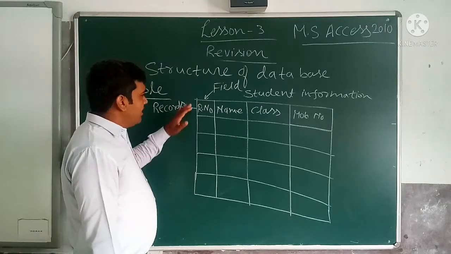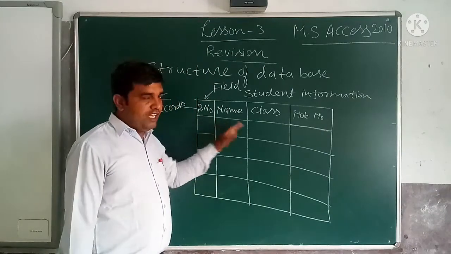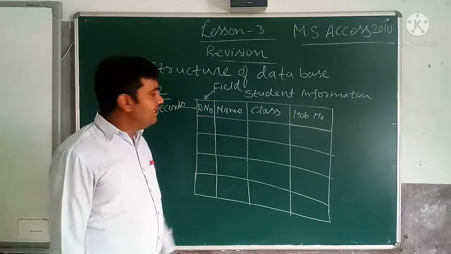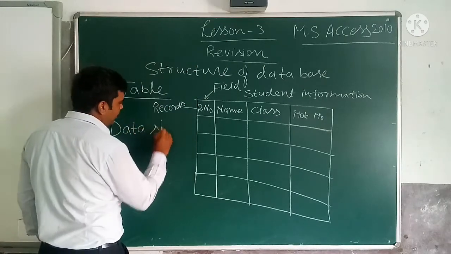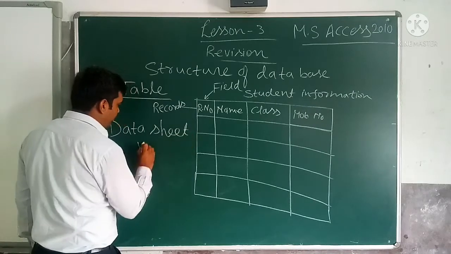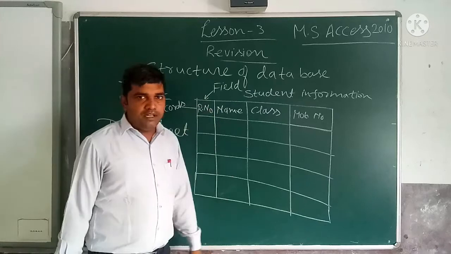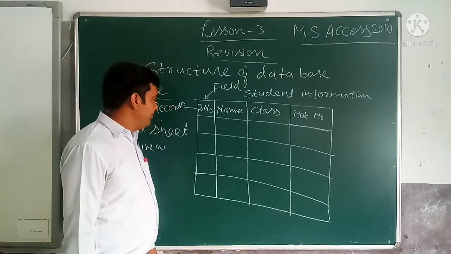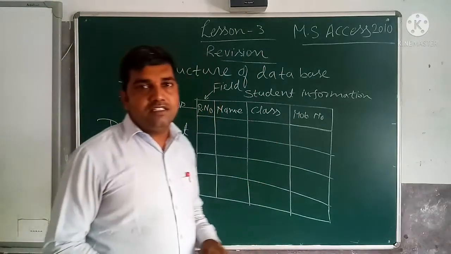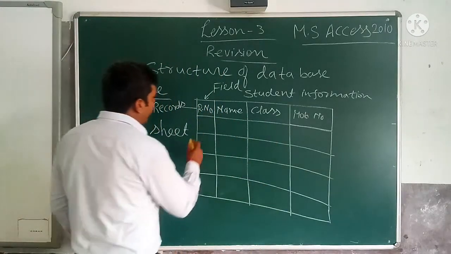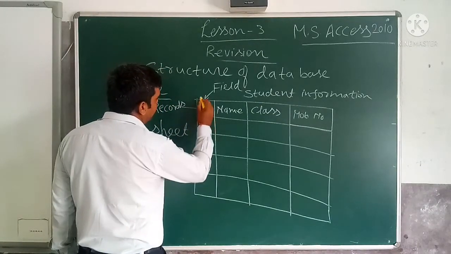Now after designing the table, tables are open to enter the records, to enter the values in the table. We open the table in the data sheet view, and we enter the records one by one. The first field, the roll number, whose value should be unique, is set as the primary key. You will find the key symbol on this column.